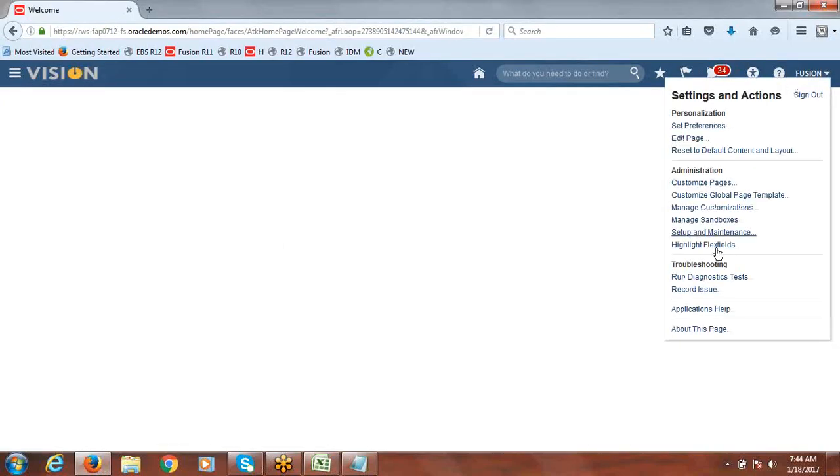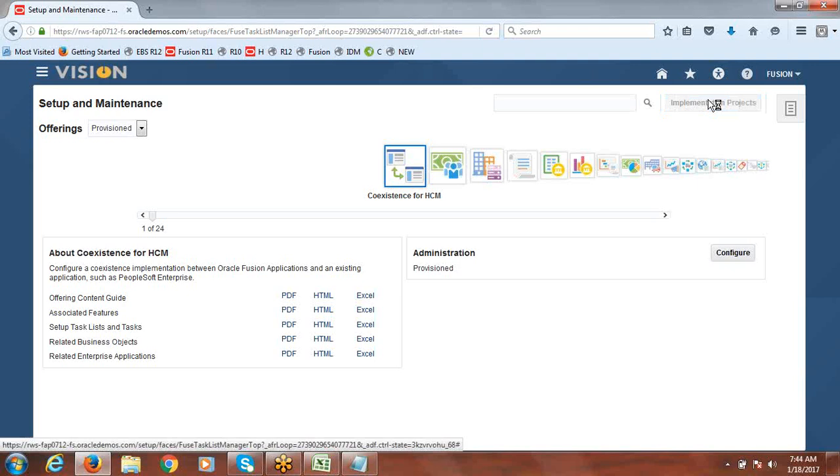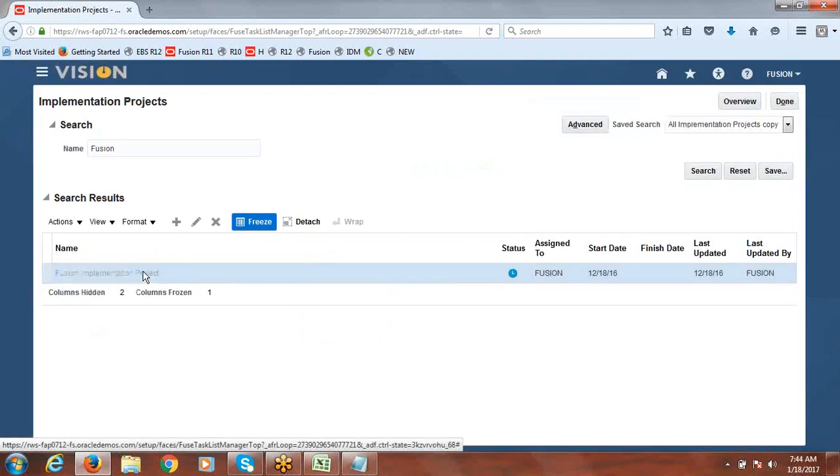So go to the implementation project. Select your project.